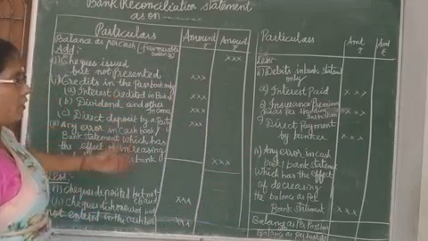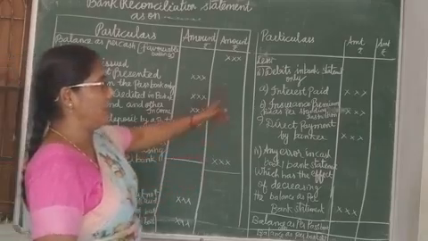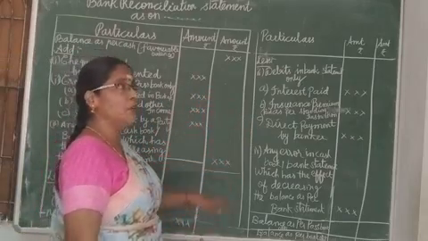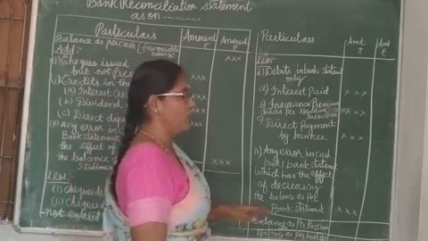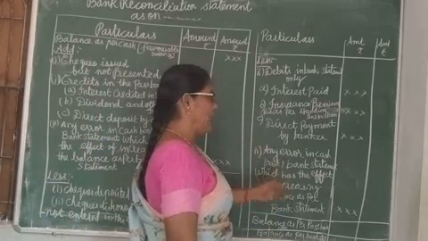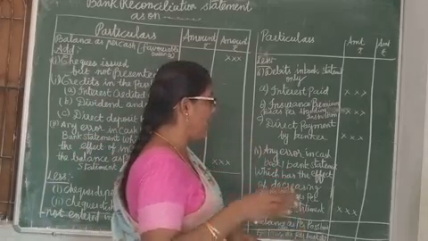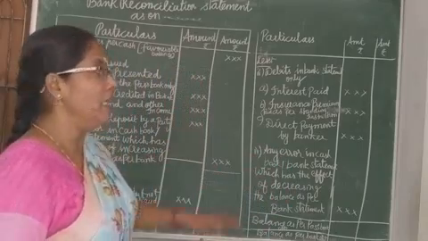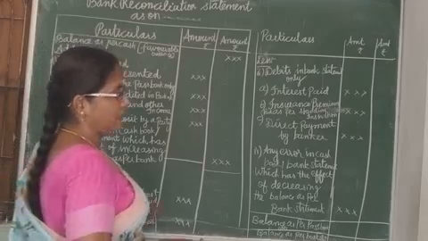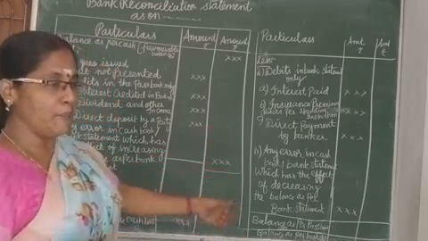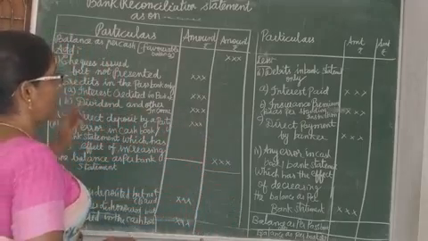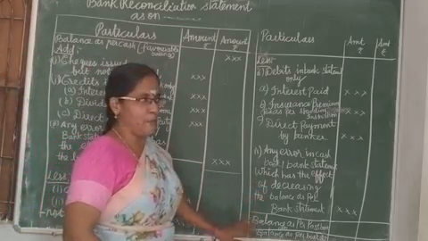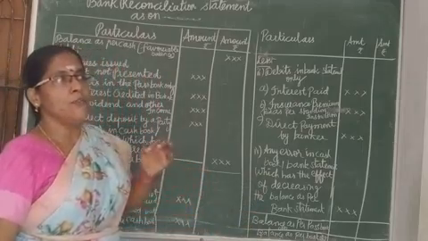See, now in my board there is no place, so I have written it down there. But in your note, I will send the format also. In your note, you have to write the format first, and then you have to start to do the sum. Any error in cash book or bank statement which has the effect of decreasing the balance, you have to less in the sum. Then what balance are we going to receive? Balance as per cash book means what balance are we going to receive? Balance as per passbook. So let us move on to the first case.